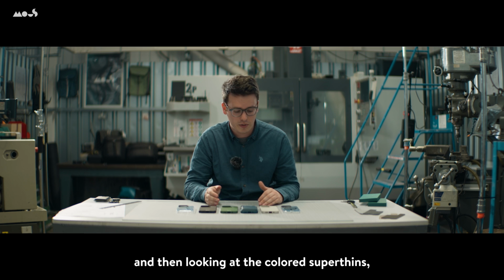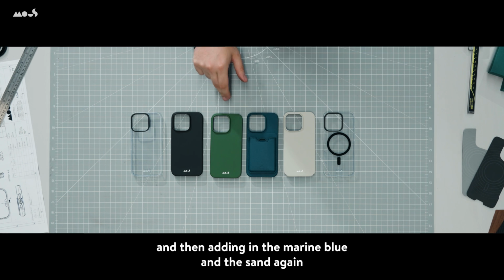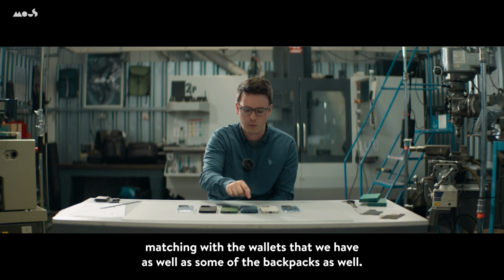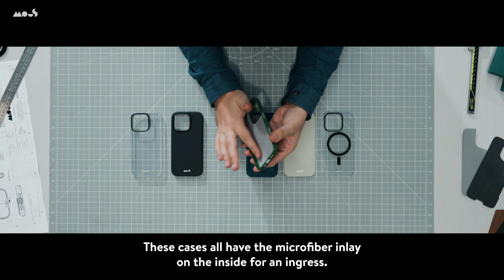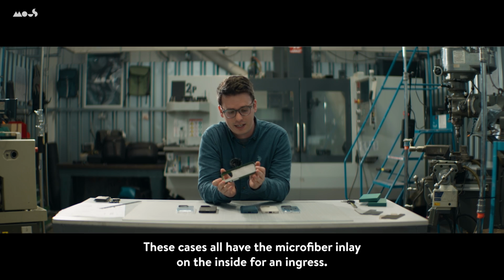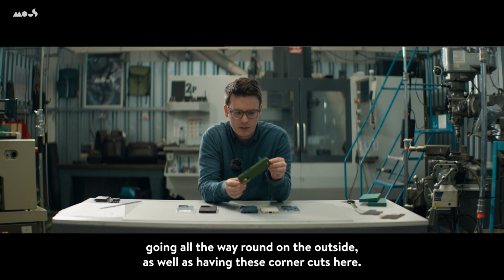And then looking at the colored super thins, this year we've got the black and the forest green that we've had before and then adding in the marine blue and the sand, again matching with the wallets that we have, as well as some of our backpacks as well. These cases all have the microfiber inlay on the inside for dirt and ingress. They have the camera protection with this lip going all the way around on the outside, as well as having